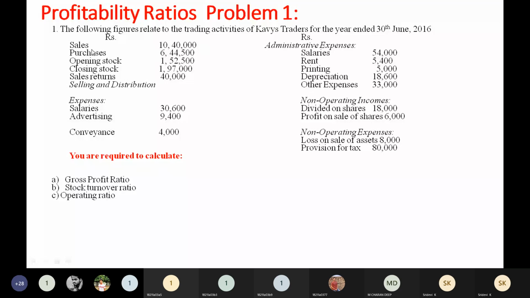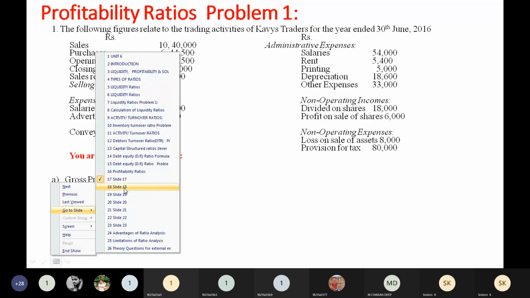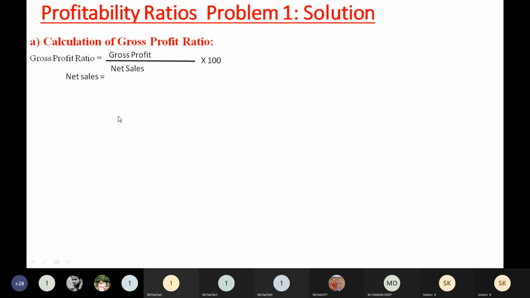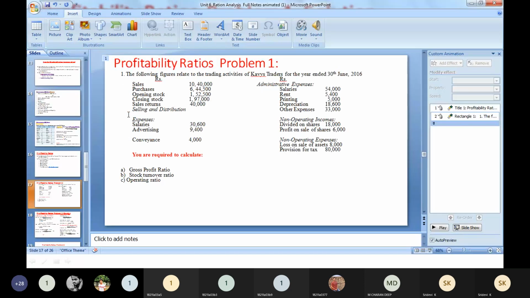That will give you the net sales. So I am forwarding this. Net sales is equal to sales minus sales return. Substitute those values here. So 10 lakhs 40,000 is given and sales returns 40,000 was given. So I am substituting here: 10 lakhs 40,000 minus 40,000. So how much you will get, you calculate, use the calc here.